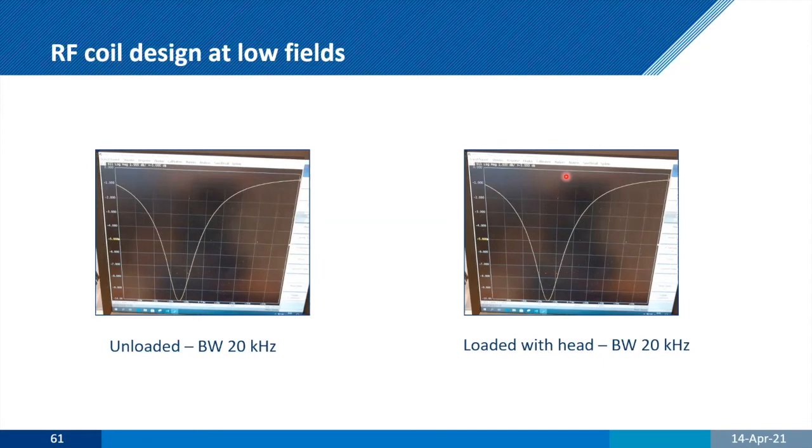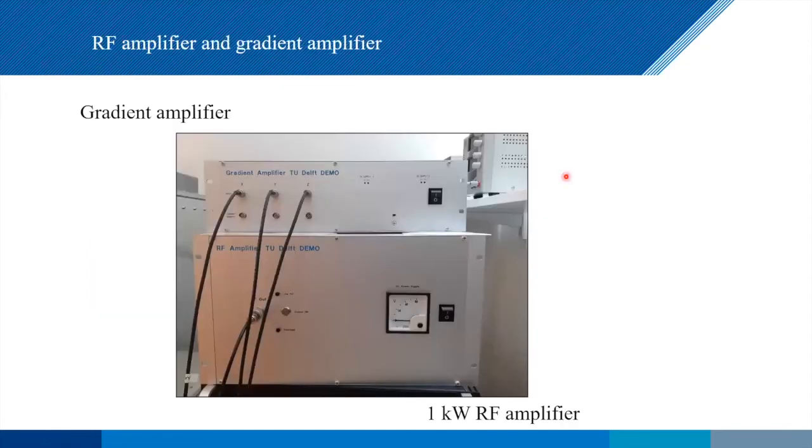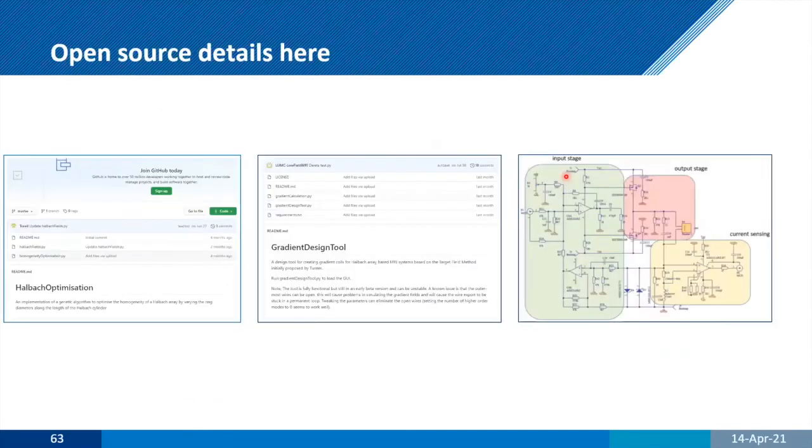Others, of course, have considered this. Greg Scott has a large thesis on this. But it was just one of those things that coming into this, we hadn't really thought about too much. And so for the rest of the plate, then we have the gradient amplifier and RF amplifier. Again, these were designed to be easily repairable, to be modular. And these are costing roughly $1,000 each. And everything here is open source.